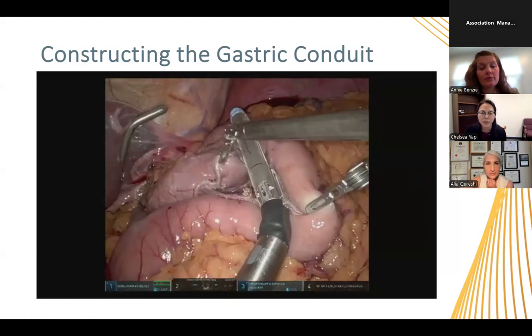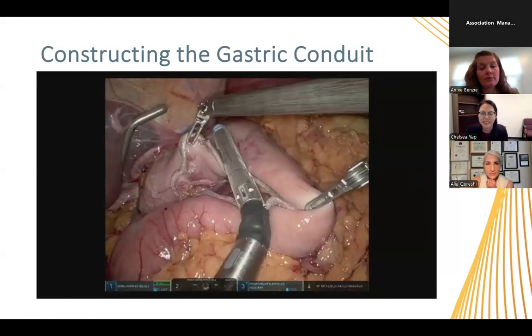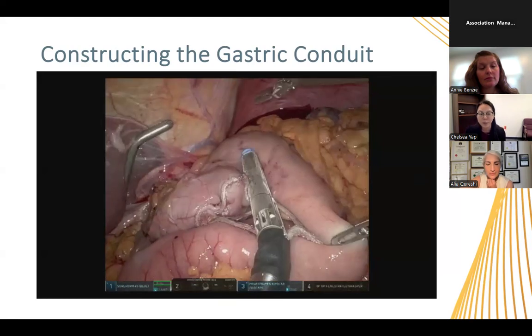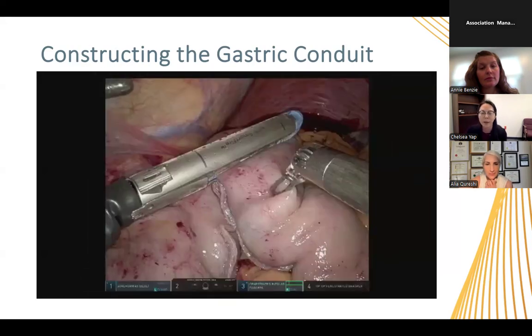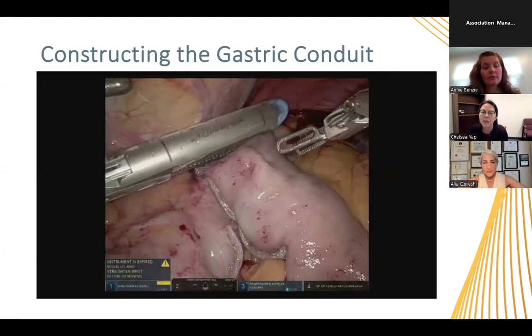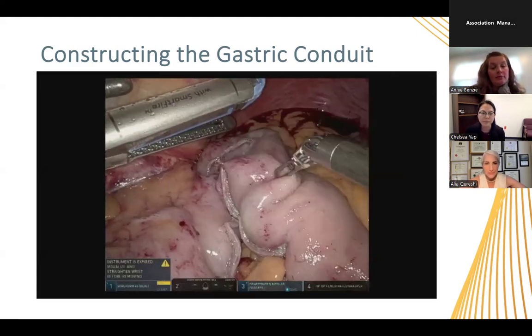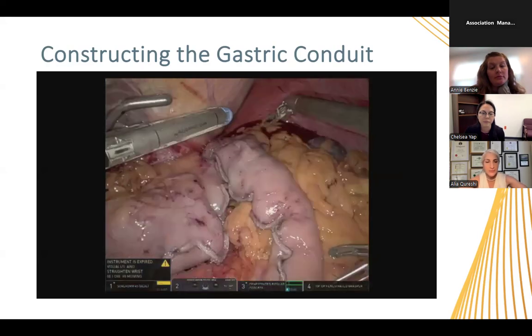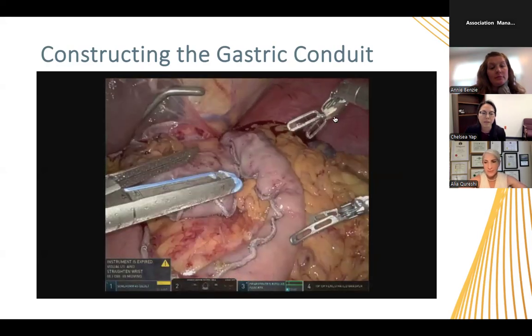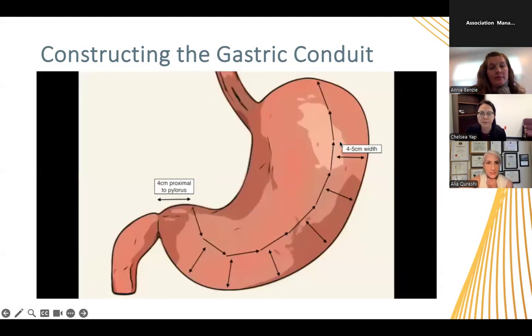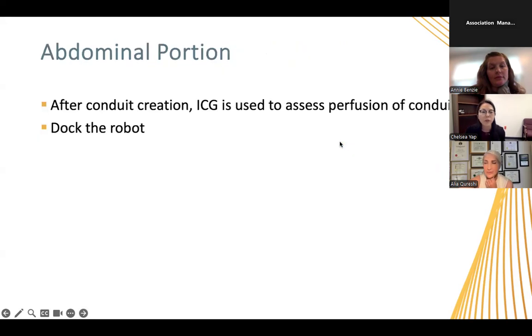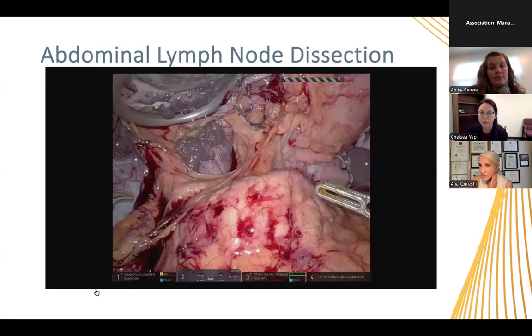This video is actually robotic. However, currently in our practice, we're doing the creation of the conduit before... then after you clear the conduit, you basically need to assess the position of the conduit and then